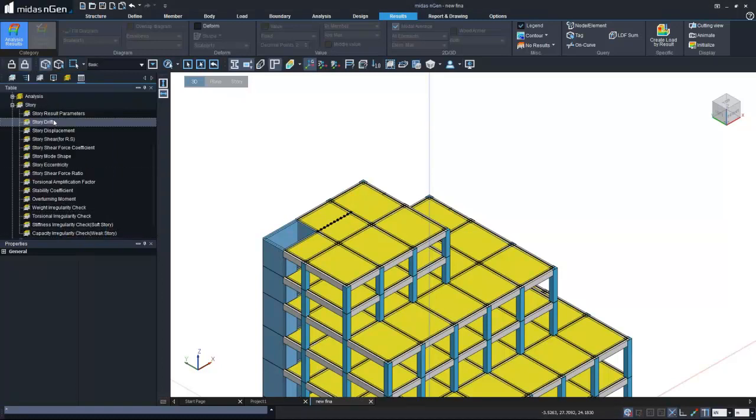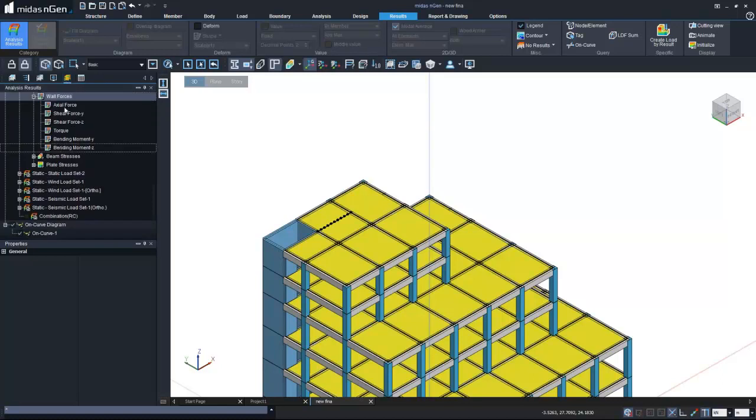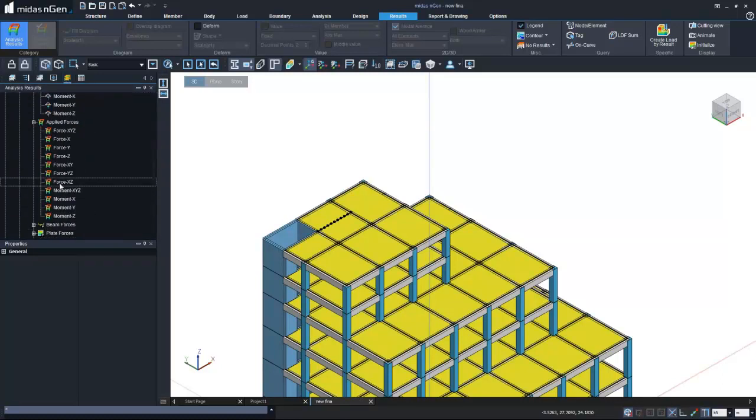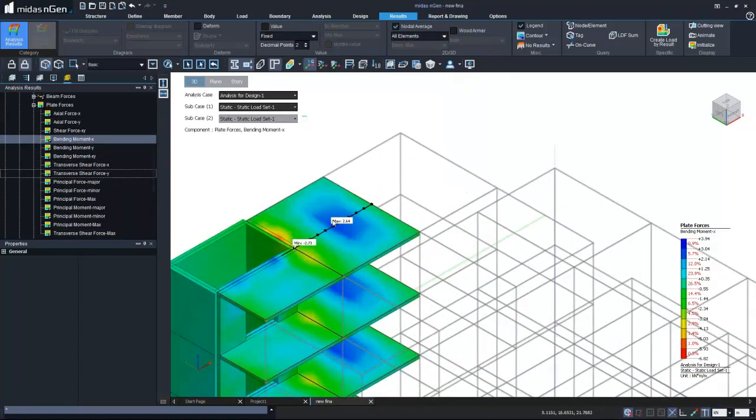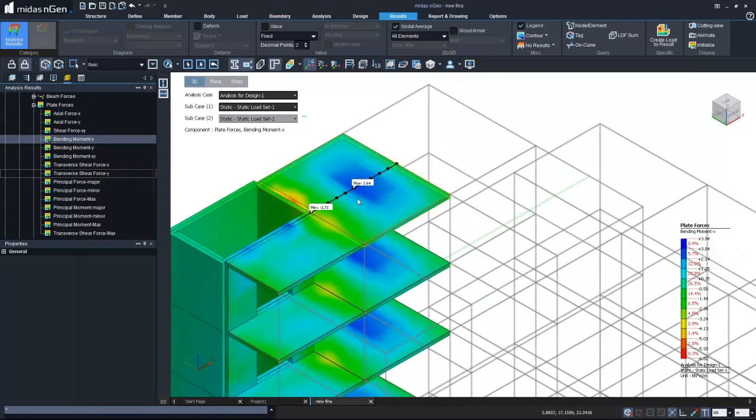So that is one on-curve diagram that we have, and then we can simply double-click on any of the results. Let's say we want to see the forces in plates. So we can just double-click over here, and that's how we can get the information